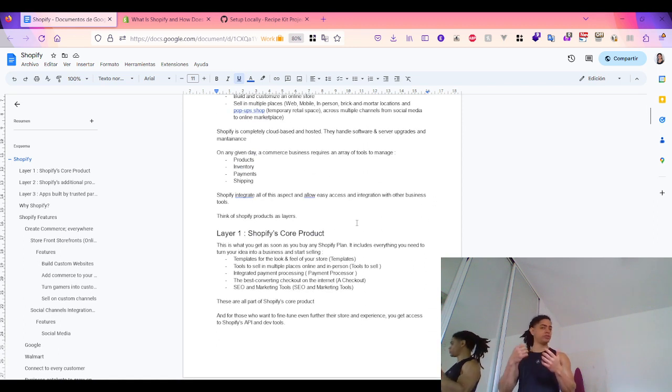Once you buy a Shopify plan, you can focus on creating your template because they provide templates for the look and feel for your customers, as well as tools to sell across different places, whether it's in person, web, mobile,